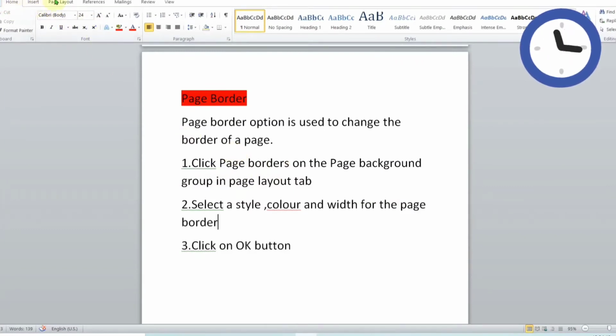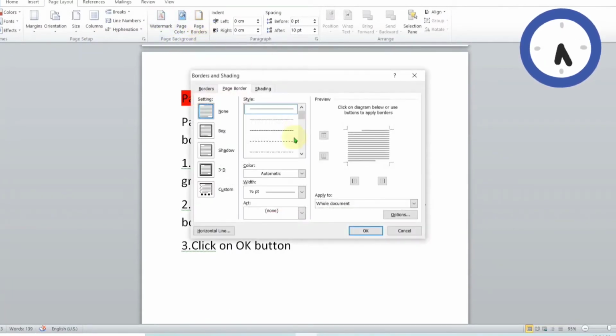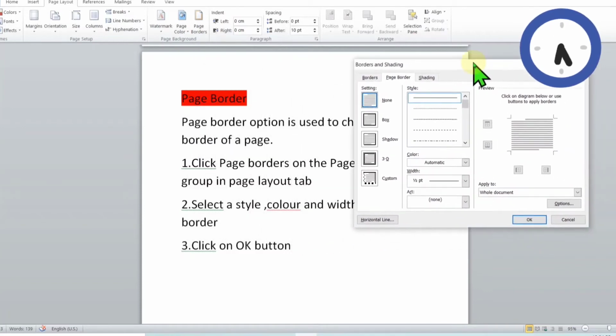After clicking Page Layout tab, select Page Background group. From there, select Page Borders option. Then you can see the Borders and Shading dialog box appears as you are seeing on the screen.